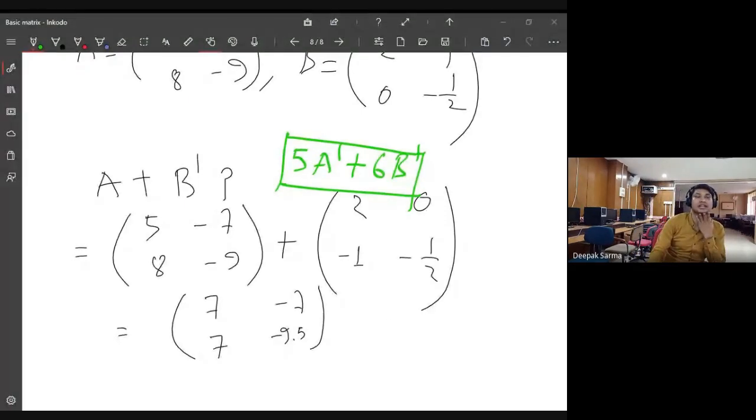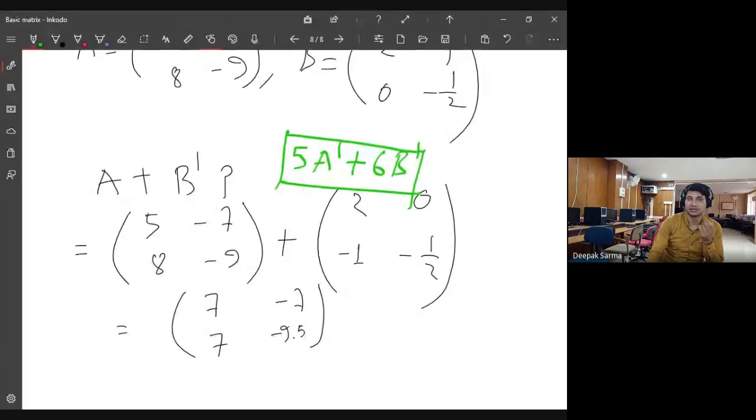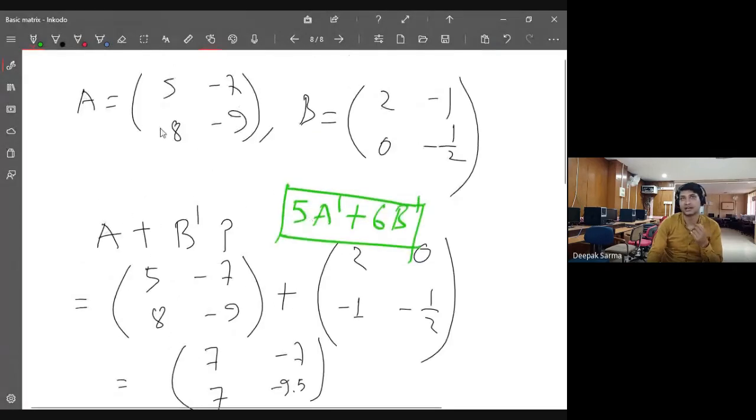Do you see the structure? If they are equal, got it? If A and A transpose are both equal, what type of matrix will it be? Suppose I consider A here or B here, got it? Suppose A here. If you want to change slightly, can you change only one number here in A so that A is equal to A transpose? Can any of you do it? Change only one number so that A transpose is equal to A.